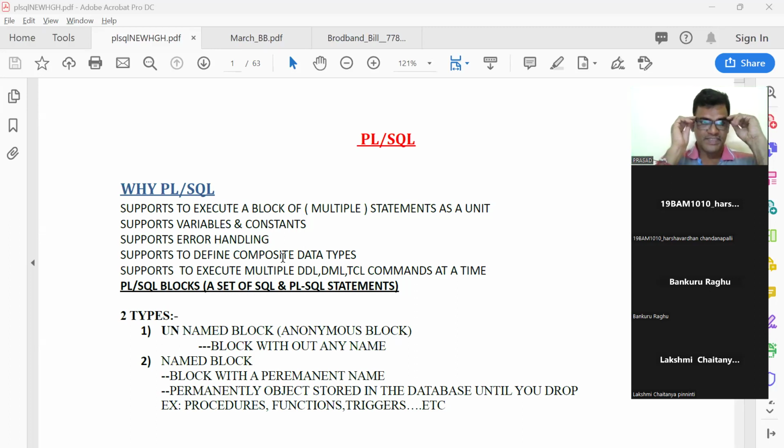If you want to perform a DDL in a PLSQL block, directly we cannot do DDLs. Insert, update, the DMLs we can perform, TCLs we can perform, though TCLs also have separate conditions. But DDLs, if you want to perform,